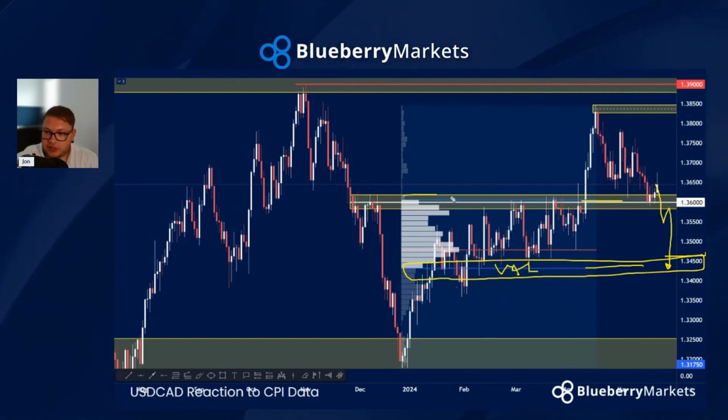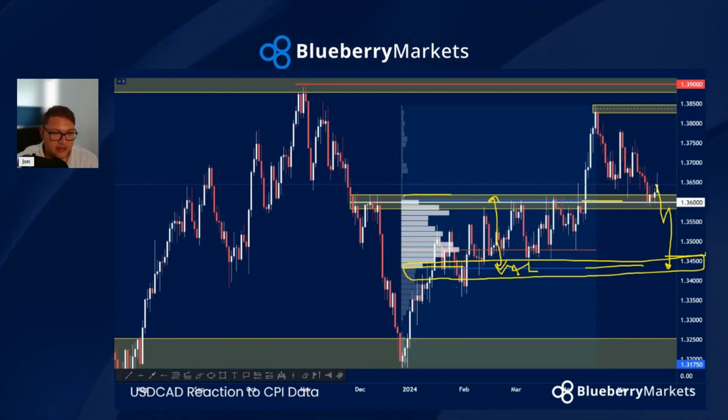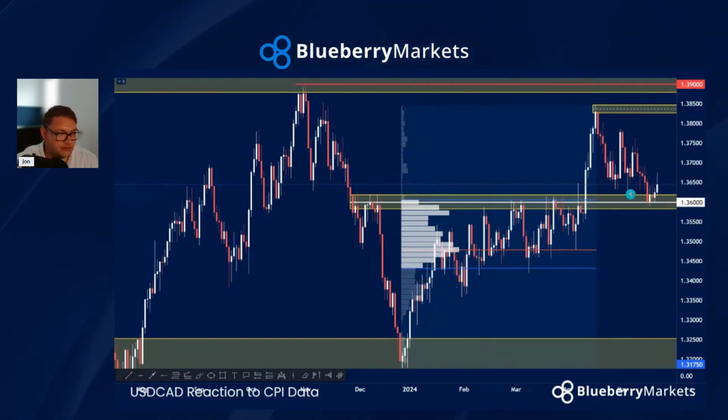Essentially, you've got these shells where the low volume is. That creates this area here. And if we breach back within value, auction market theory suggests that you go to the other side of value. So that's what I'm looking for here on dollar CAD at the moment. I'm looking to see if we breach 136 and hold below 136, could we then come down towards that 134.50 handle? I might go check out a live chart of crude oil in a second, so we can have a look at how crude is performing at the moment.